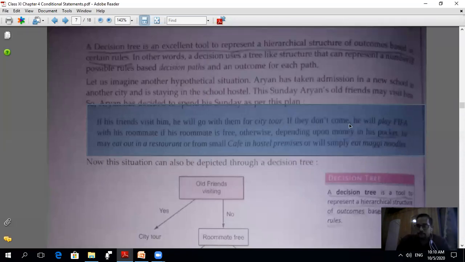If they don't come, he will play FIFA with his roommate if his roommate is free, otherwise it depends upon the money in his pocket. He may eat out in a restaurant or from a small cafe in the hostel premises, or will simply eat Maggi noodles. So these are some situations.